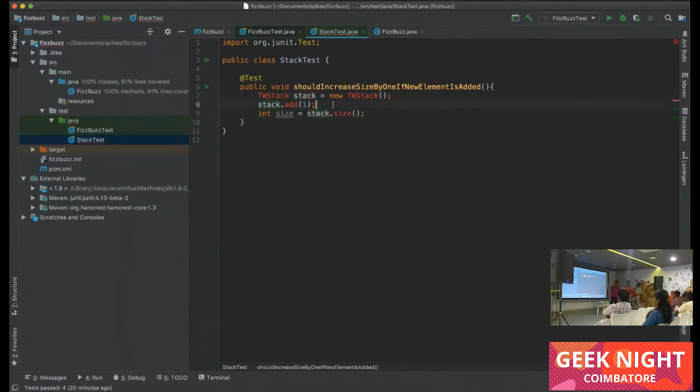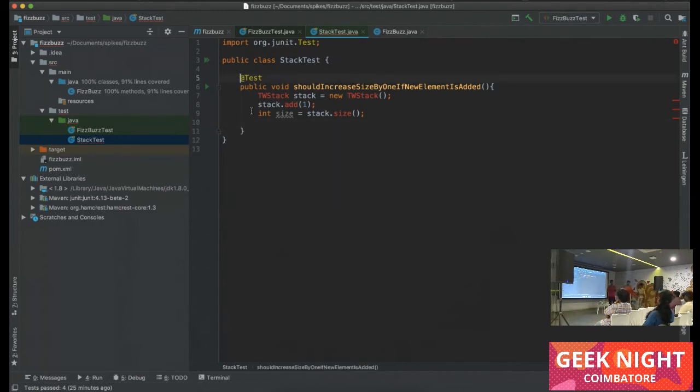If we want to check that the size is increased by 1, we have to take the size upfront. It's a new stack, so we should start with size 0. Now we need to make sure the stack is created with size 0.